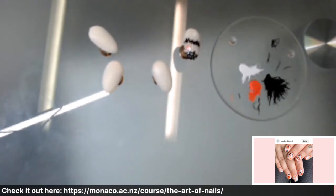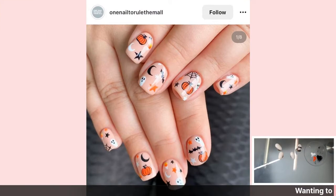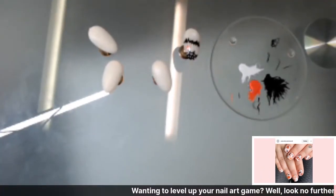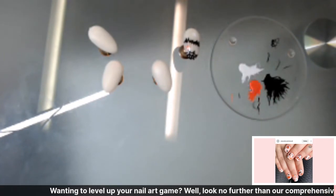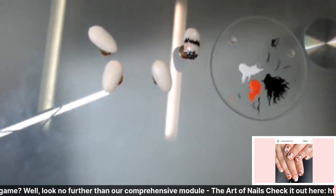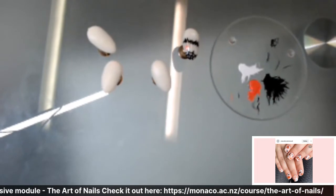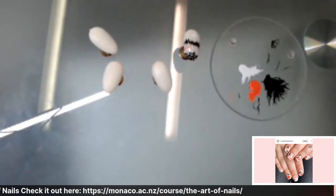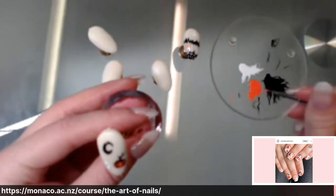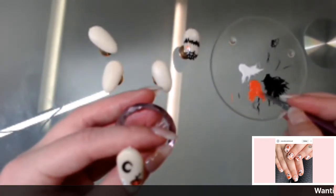Next, I'm going to show you how to do a little star. The very tiny little star. Because I know those are quite difficult to do, especially when you're trying to do quite detailed work. And I might do, which color? I might do orange. Again, brushing through the gel, working it into the brush,